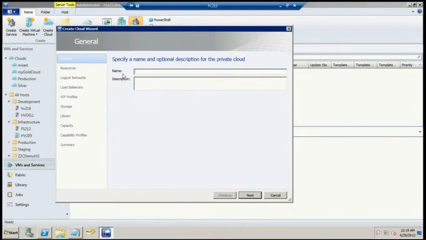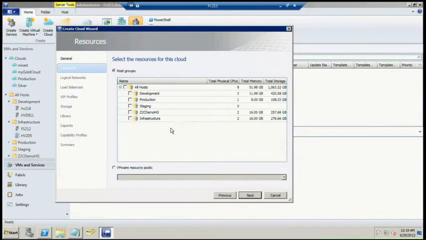So I'm going to do create cloud. I'm going to give it a name. This is TechEd Europe. This is what your self-service users will see as the name of the cloud. We generally recommend naming it based on your level of service like gold, silver, bronze. You don't want to create one per user role generally. The cloud is a shared resource among all your users, and I'll show you how to share that among all